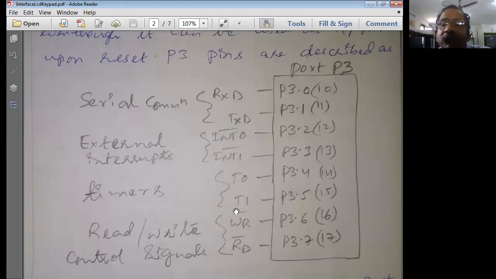Because the microcontroller's internal memory is very small. We have just seen that 128 bytes of RAM is used to store the data for internal operations. So 128 bytes is a very small memory for the 8051 microcontroller.